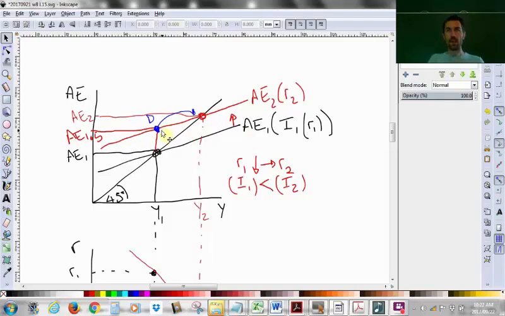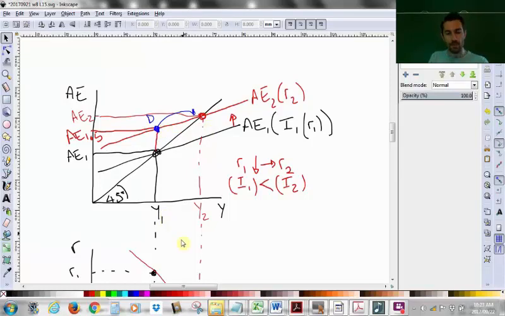At point D, for instance, there's a signal for firms to produce more, correct? Why? Because the level of expenditure is greater than the level of production, or level of income. We're spending more than we are earning or producing. So firms start employing more people, they start producing more goods and services, and we move from point D back